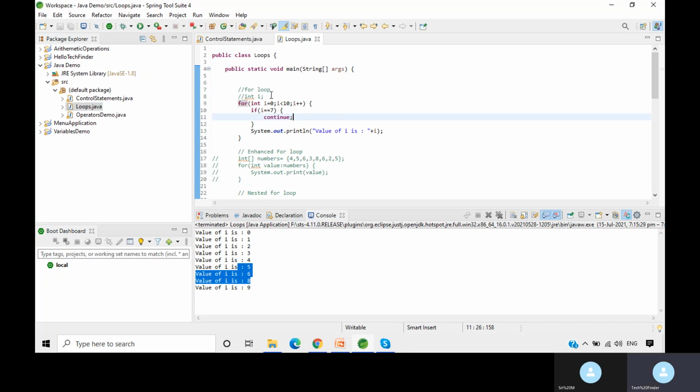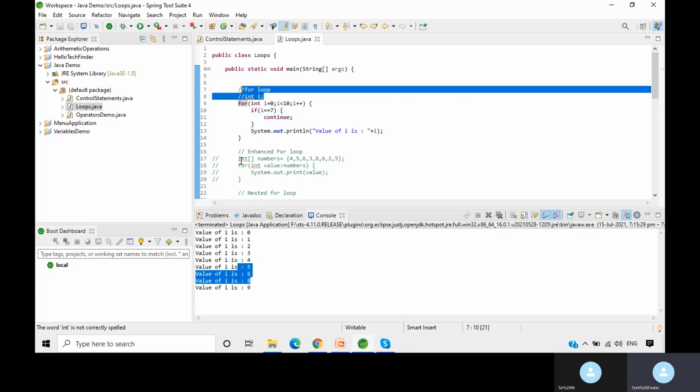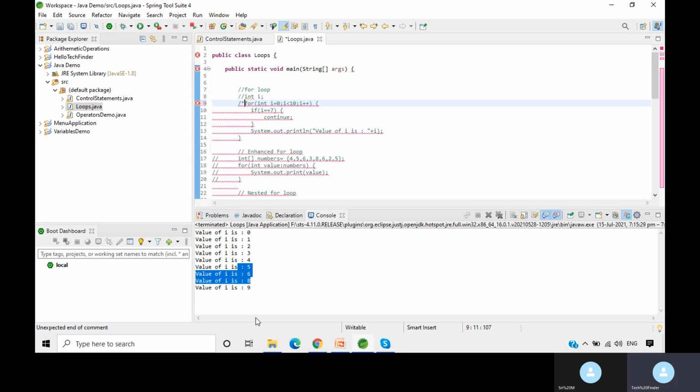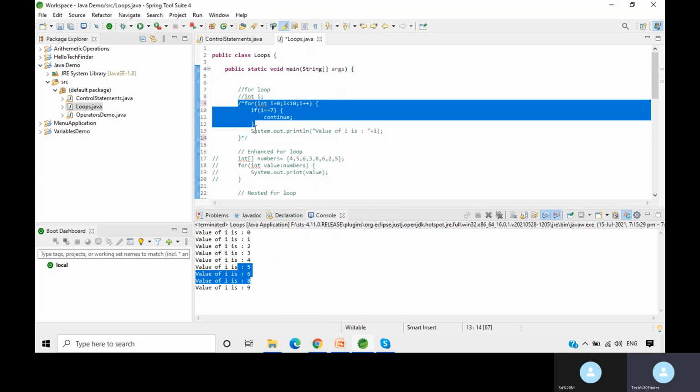And now for the single line comments, all these are single line comments that we are using. If you want to do multi-line comments, slash star, and if we close it again with star slash, then it will become a comment.